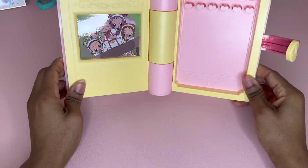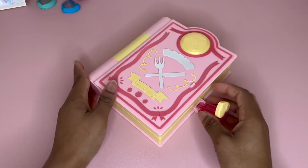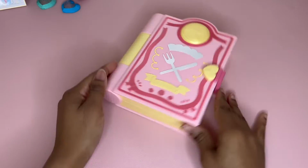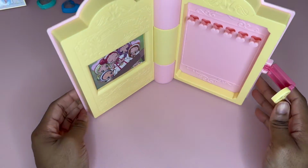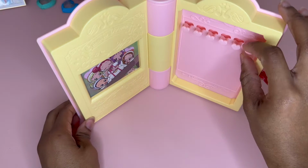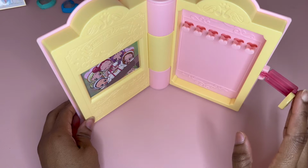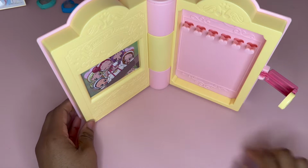Wouldn't that just look nice on a shelf? And you could either have it lying down like this, closed in such a way, or you could have it open like that, and I think that's adorable. And I have some necklaces that I'm going to see if they fit. Actually, they're long necklaces, so I don't know if they're probably going to touch the ground or touch the shelf,